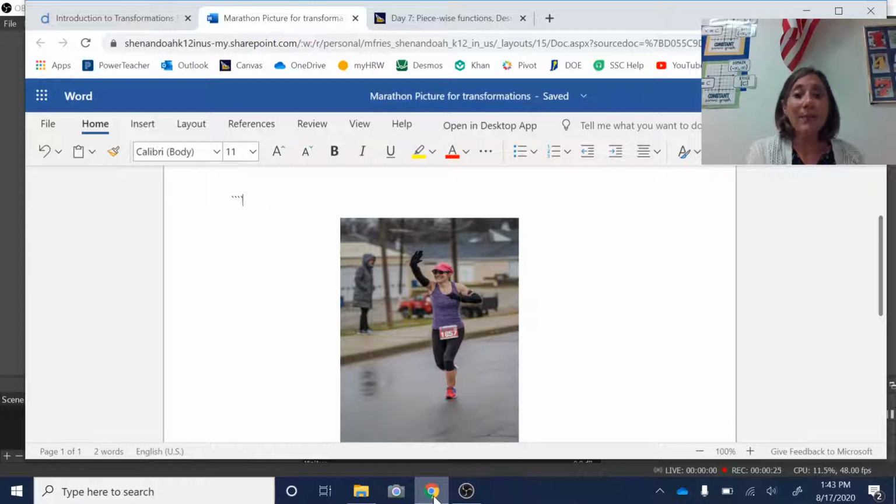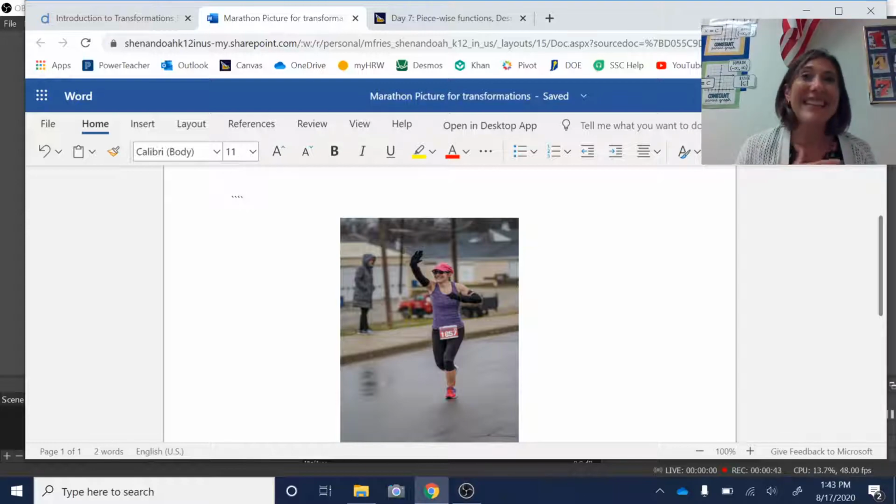So to begin with, we're going to look at some transformations. That's the fancy word for changing or shifting or moving around a picture. So transformations. If I have this picture up here on Word,